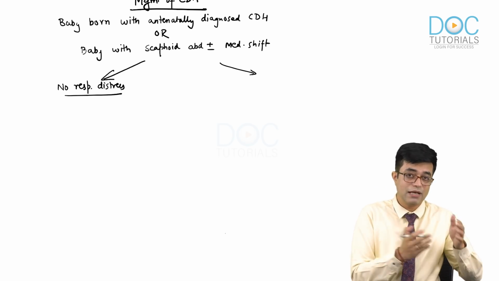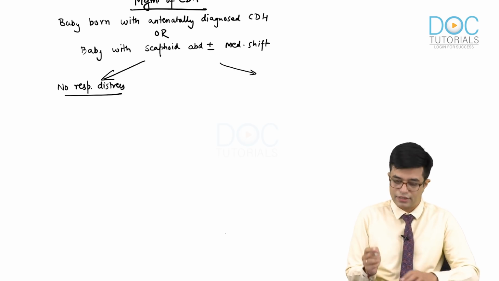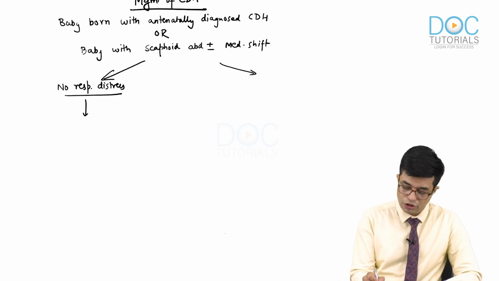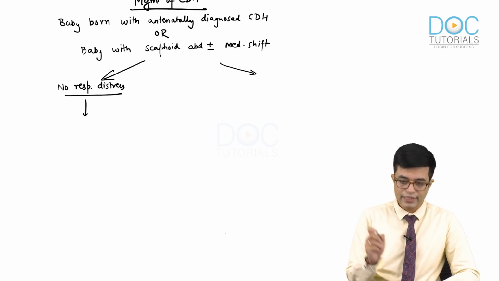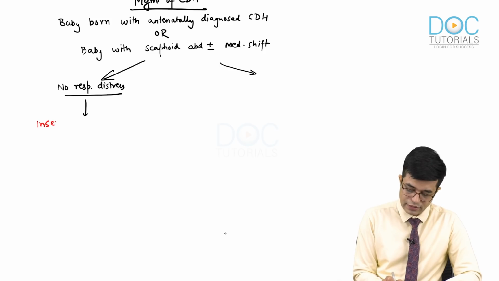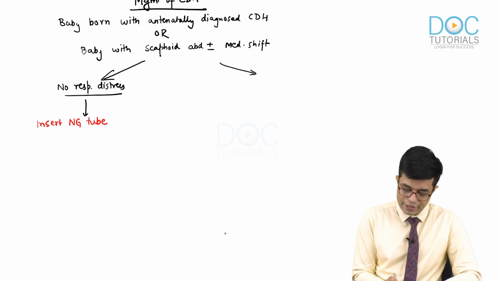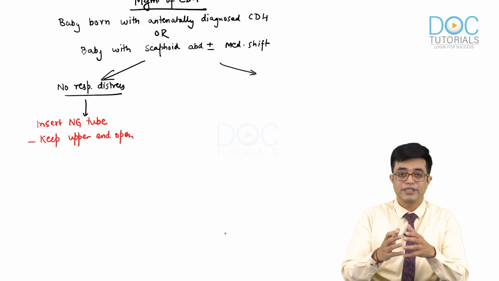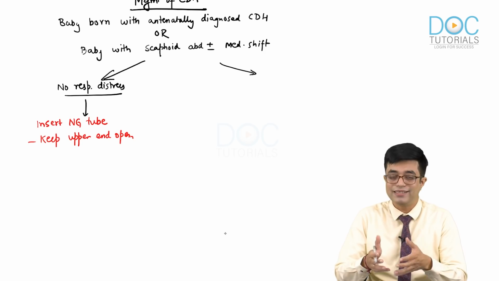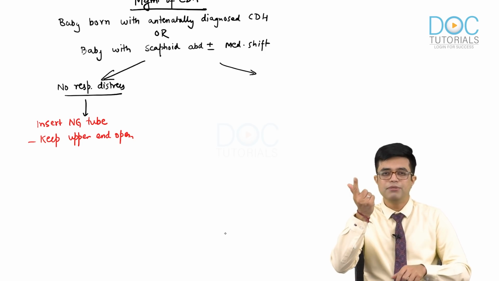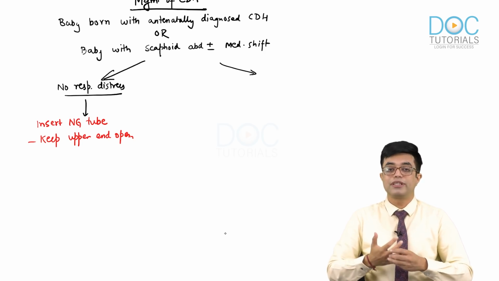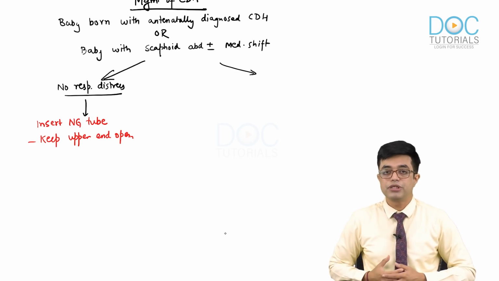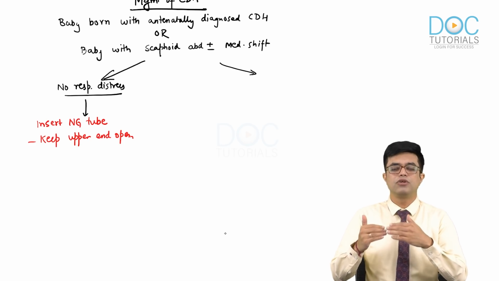It can be because the child can be in the honeymoon period, where distress has not yet started. So, what management will you do? You will not intubate the child, you will not start ventilation, you will insert a nasogastric tube and keep the upper end open. This upper end opening will ensure that the intra-abdominal pressure does not rise. When you put a nasogastric tube and keep the upper end open, it ensures there is no sudden rise in abdominal pressure and herniation remains restricted to where it is.